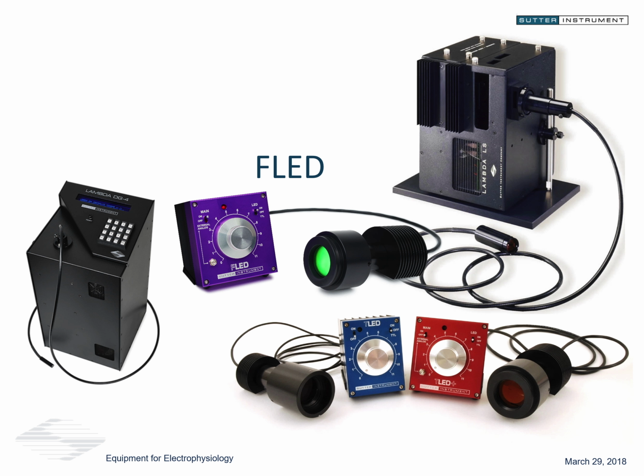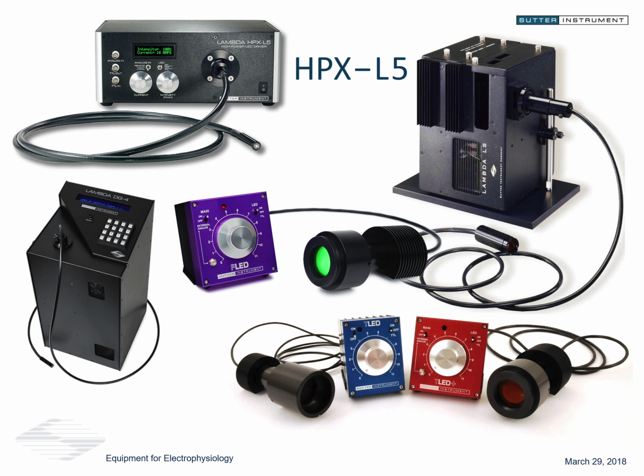There are white light versions, but also monochromatic versions. The FLED monochromatic versions are powerful enough to do very, very good fluorescence work. And lastly, to note on this slide, we have the HPX. This is a high-powered LED source. It is a broad spectrum source that puts out from about over 400 nanometers on up to about 630, I believe. So across the visible spectrum, very low maintenance, high power, very reliable and stable light source that replaces some of the white light systems.